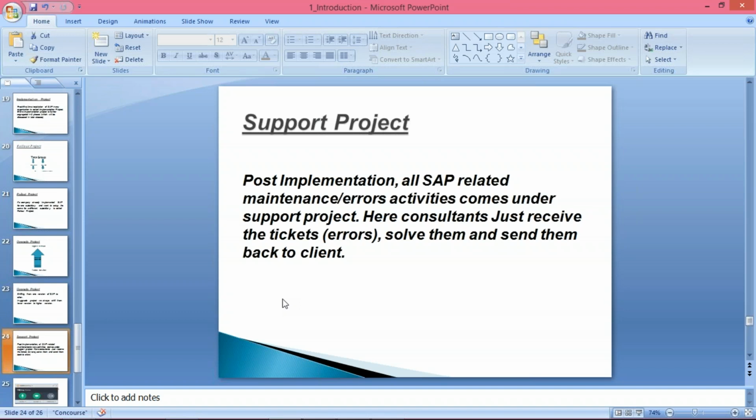So who is going to resolve these things? These will be resolved by consultants only. In order to run this SAP smoothly, they need the assistance of an SAP consultant even after installation. It means even after implementation, they need the assistance of an SAP consultant. Okay, so what is happening? It means we have to support them. We are going to give support after implementation.